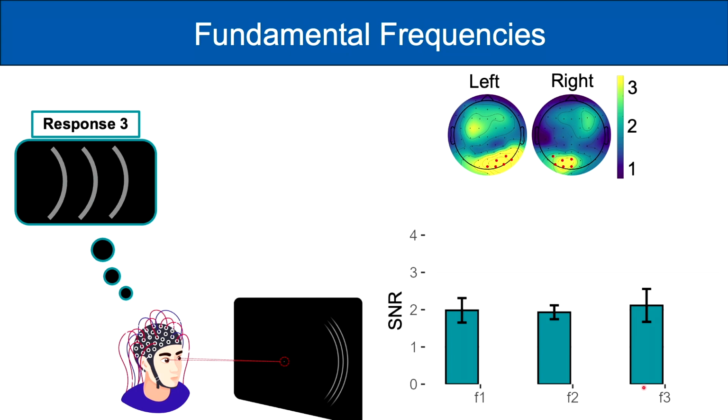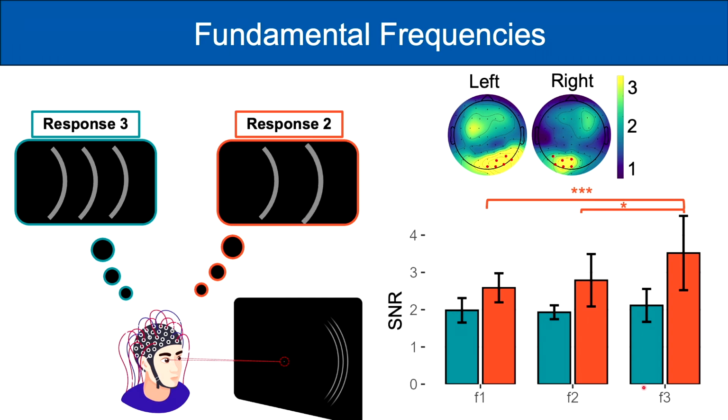On the other hand, when participants report perceiving 2, a different pattern emerges. The signal-to-noise ratio for the outermost arc is significantly stronger than the other 2, possibly due to reduction of interference by the central item or feedback from the intermodulation frequencies.